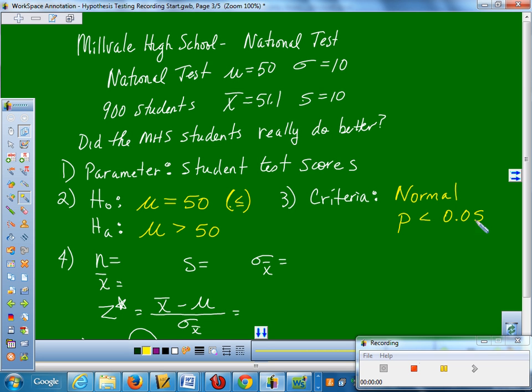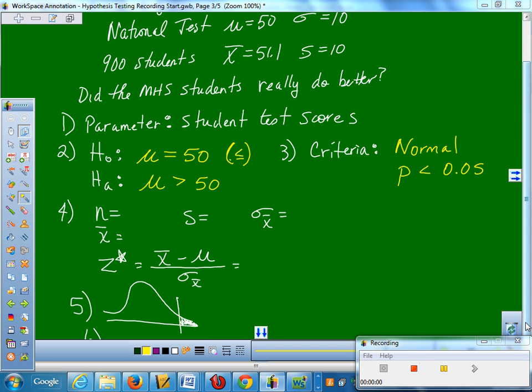Okay, on step 4, it's just where you kind of gather your data. It's sort of like where, in the scientific method, you write down all the results of what you're getting when you actually do the experiment. In our case, we need to write several things down. N would be how many people we sampled. Well, that was 900. This must be a big school. Their mean at that school was 51.1. The sample standard deviation for the school was 10,